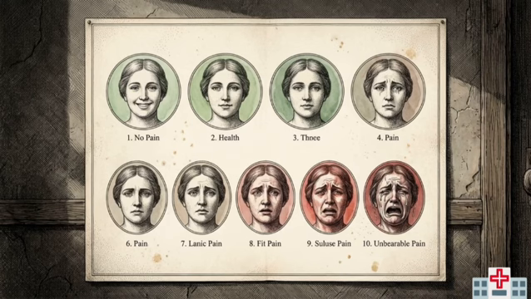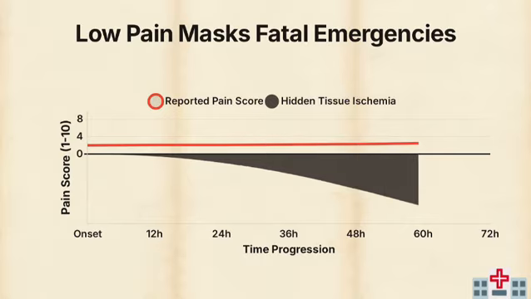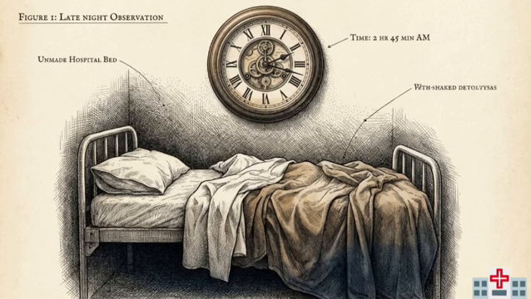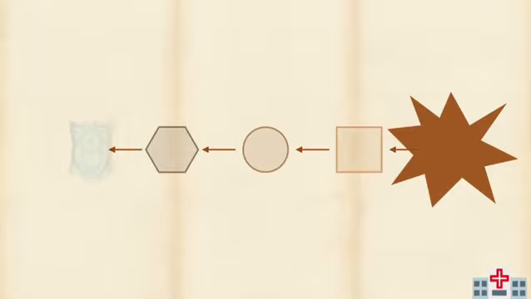Relying on a subjective 1 to 10 pain scale in this environment is dangerous. A clinician waiting for a patient's pain score to hit a 9 or a 10 will inevitably miss fatal, slow-onset emergencies until it is too late to intervene. To safely triage these patients, we have to abandon subjective scoring entirely. The clinician's job is to reverse engineer the exact physical character of the pain back to its specific pathophysiologic mechanism.